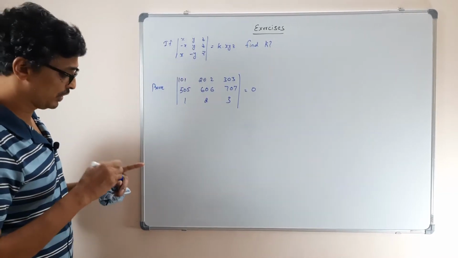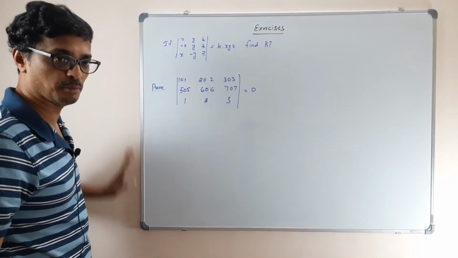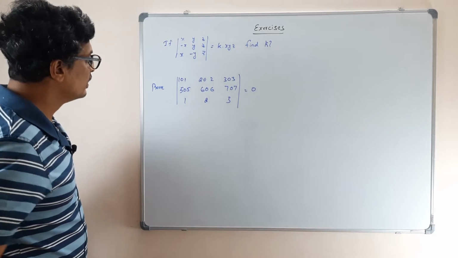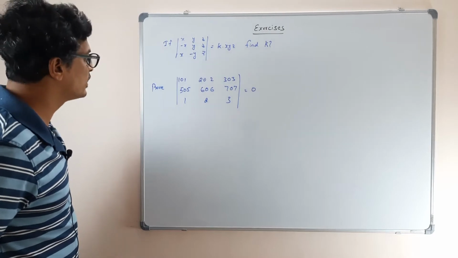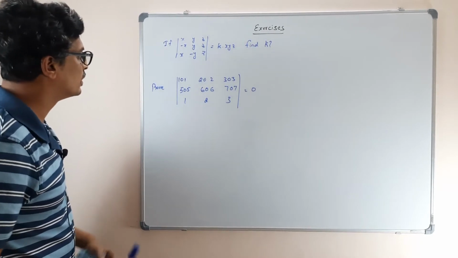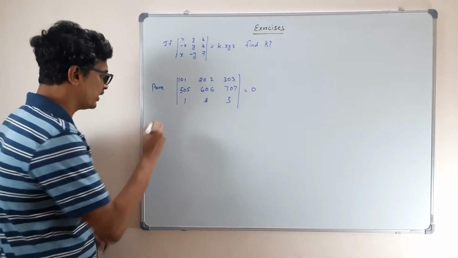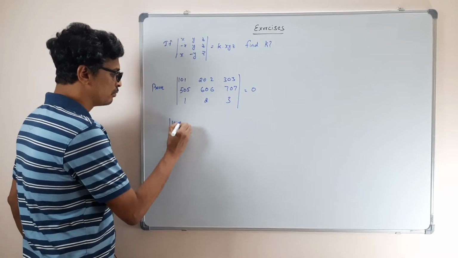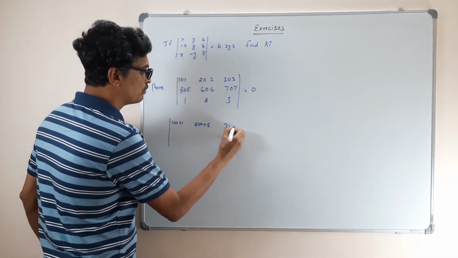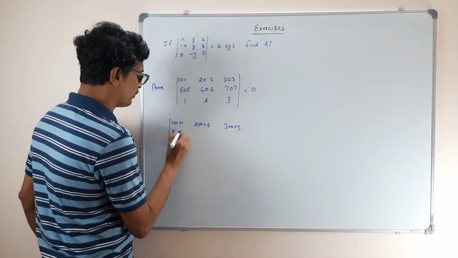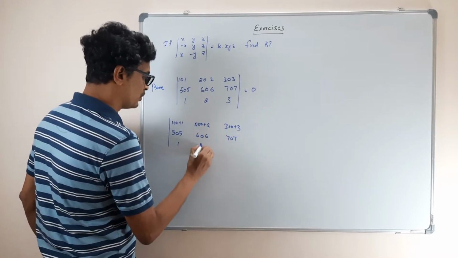See, first of all, when you see that, you have to reduce these numbers, correct? Make them smaller numbers. Then you will see. There are many ways you can do this. One easy way: write the first row as 100 plus 1, 200 plus 2, 300 plus 3, with the other rows 505, 606, 707, and 1, 2, 3.